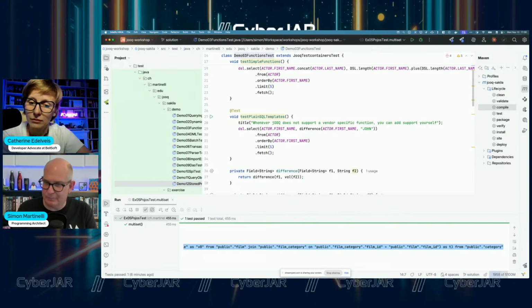And the licenses are bound to the developers, so you don't pay for production, you pay for development. And the licenses are floating, so you need them just for the developers that are really using JOOQ, and they are not very expensive. So for example, for Oracle database support, you pay around 300 euros per year for the license. And the point is, with the dual licensing model, you also have sustainable open source, because then you have developers who can work on JOOQ, and especially because JOOQ supports this many databases, you really get support for everything.